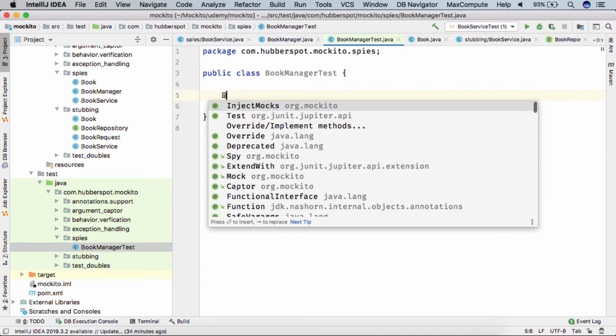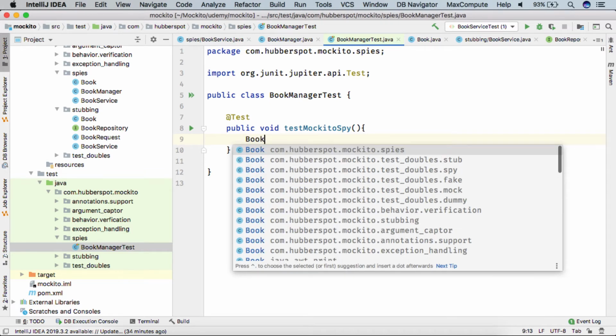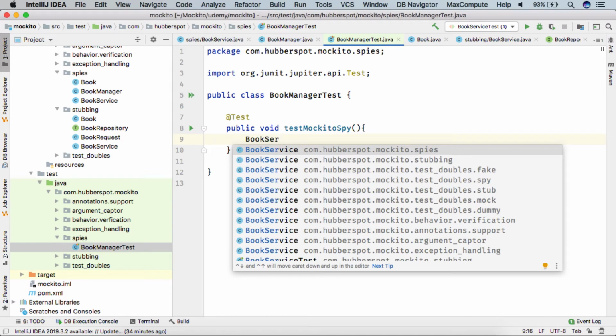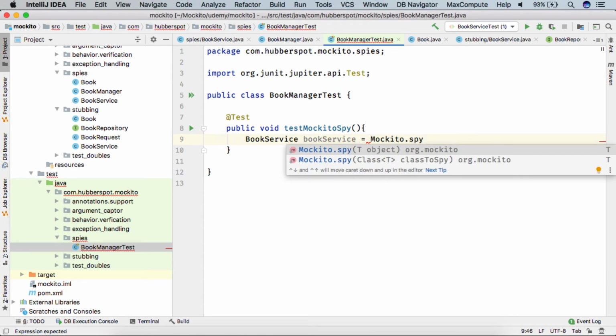So here we'll create a test method. One way to create the Mockito spy is we can simply call Mockito.spy.